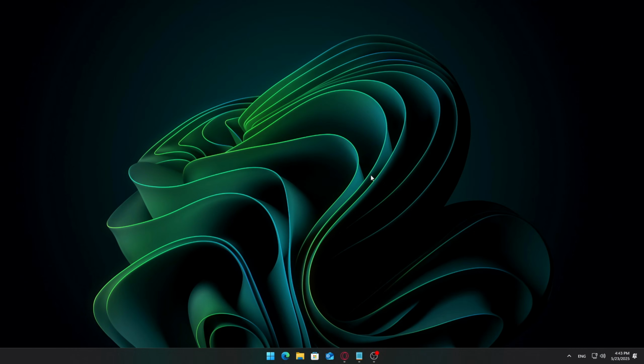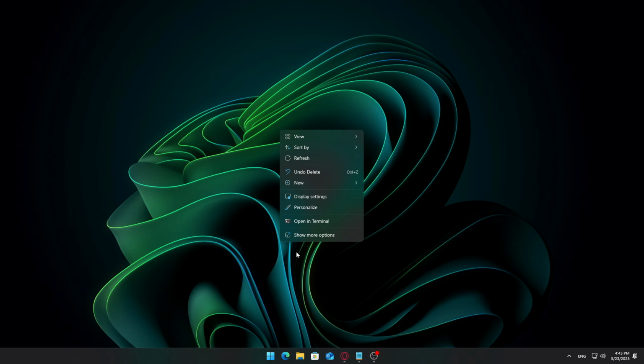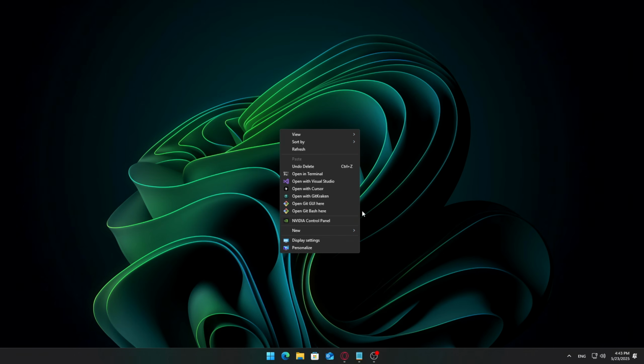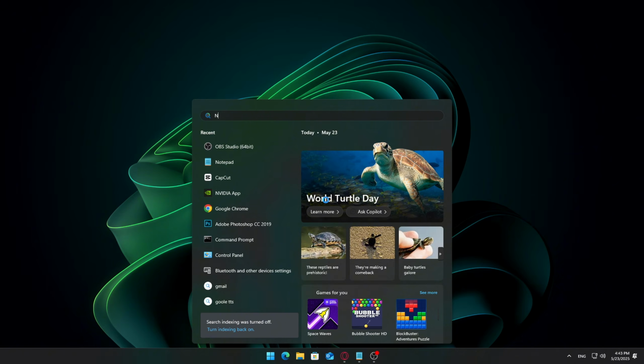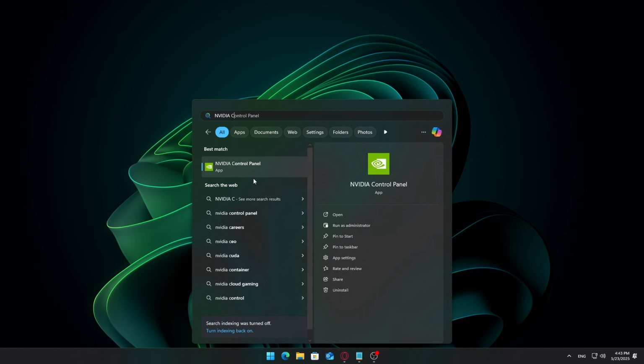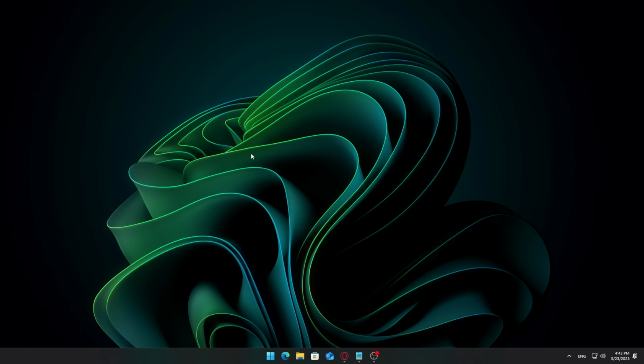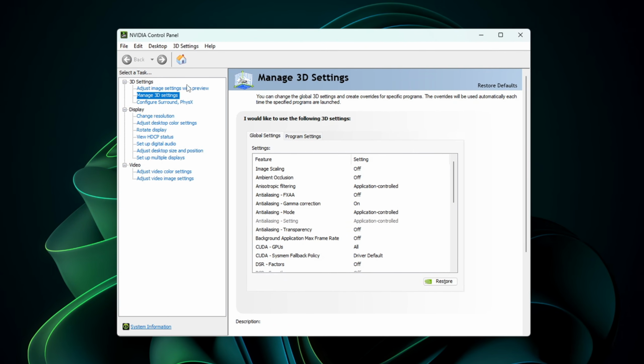Start by heading to your desktop and right-clicking anywhere on the empty space. In the context menu, select Show More Options, then click NVIDIA Control Panel. If you don't see that option, you can also just press the Start button, type NVIDIA Control Panel, and launch it from there. Once it opens, look to the left-hand side and click on Manage 3D Settings, then switch to